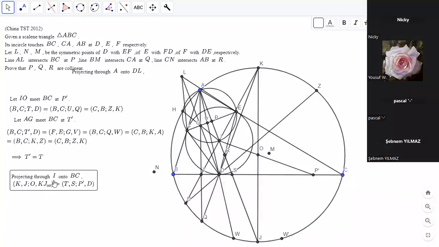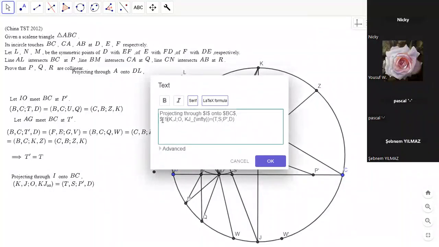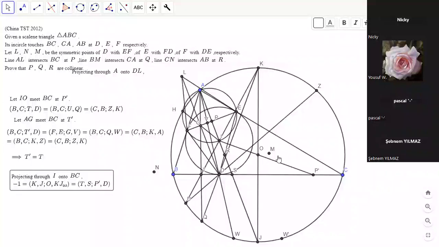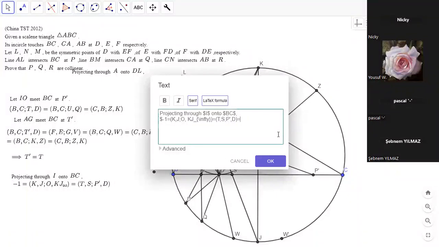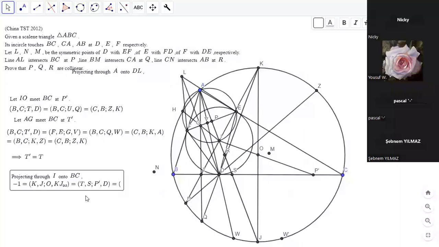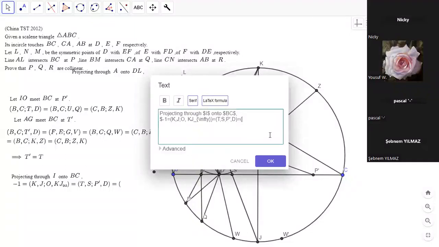So this would be -1. And then we could project that through A. So this would be equal to G, infinity, and then the intersection, and then D. So it would be G, and then G infinity, and then,